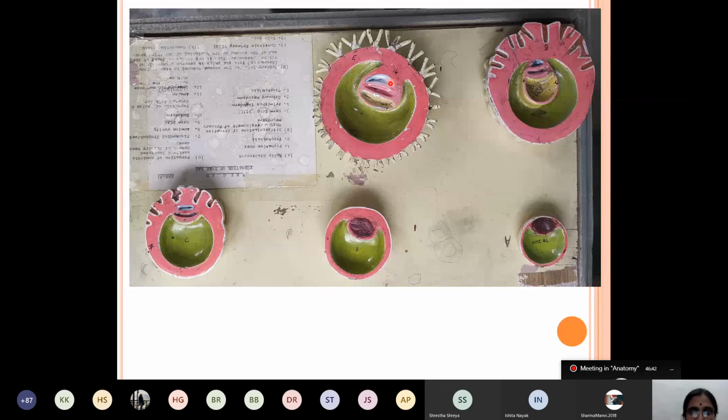My dear student, this blue color is the amniotic cavity. This blue layer is the ectoderm. Mesoderm, this middle pink layer. Yellow layer, endoderm, yolk sac. Okay, and this is the connecting stalk, which will give rise to the future umbilical cord. This is the chorionic cavity, my dear student.